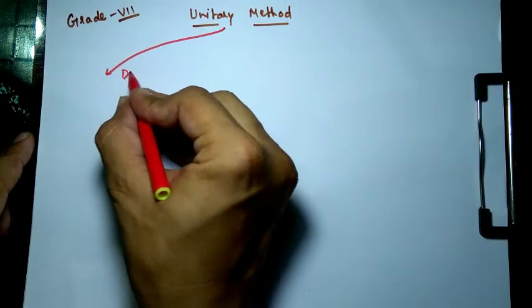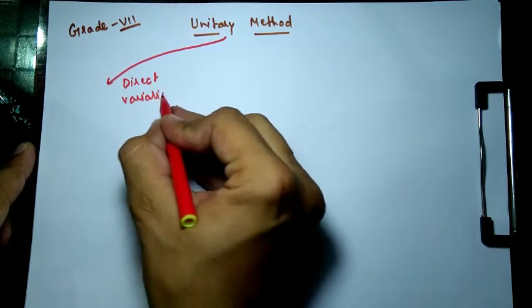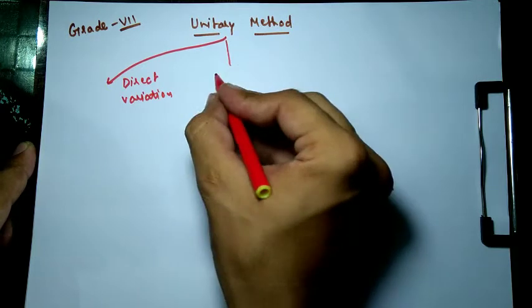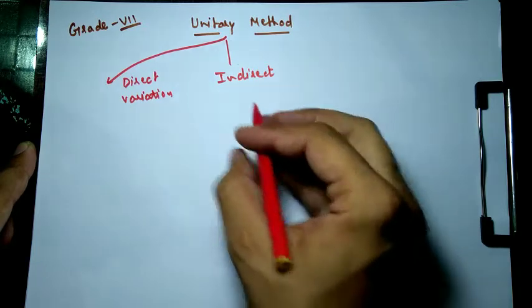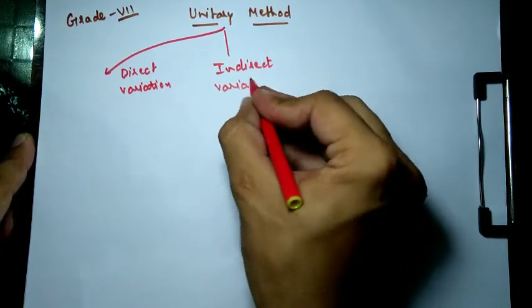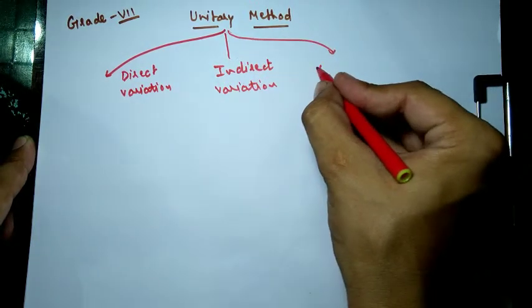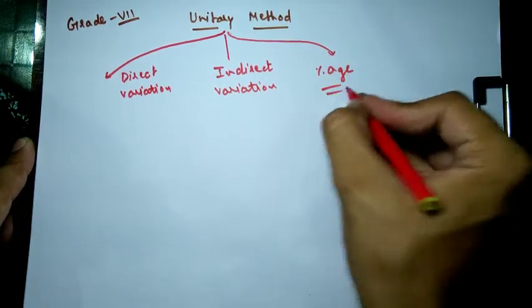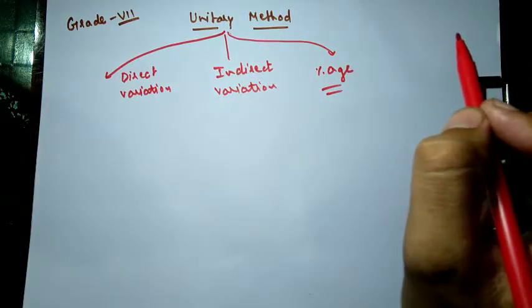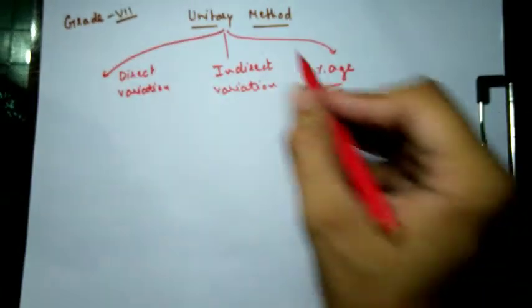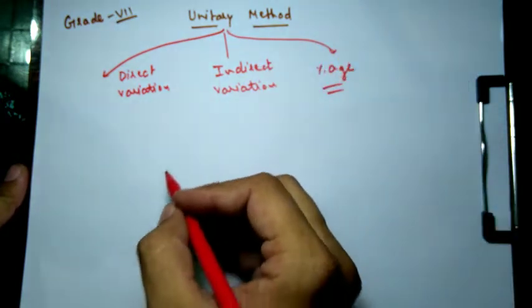So first part is direct variation. Okay. Second part is indirect variation. And third and last part is we use it in a percentage form, in a question of percentage also. So unitary method has three types. Okay. So actually the meaning of unitary method is that when we take some quantity in 1